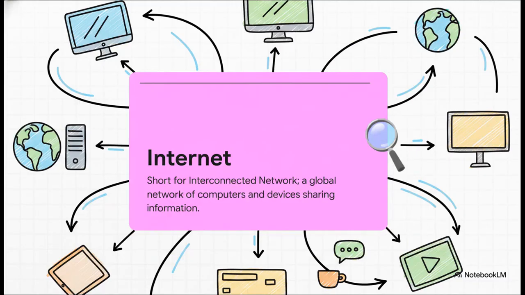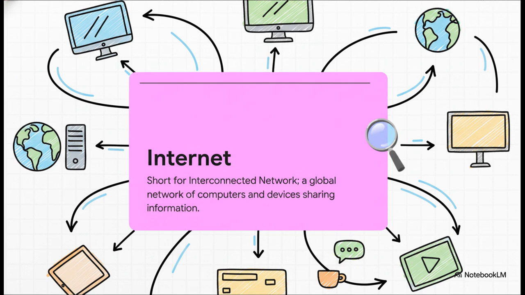The term internet itself is really just short for interconnected network. It's not some single hidden supercomputer locked in a basement somewhere. It's actually millions of machines all over the globe, physically connected to each other by cables, fiber optics, satellites, and wireless signals. Every single time you stream a video or load up a map, you are relying on this massive